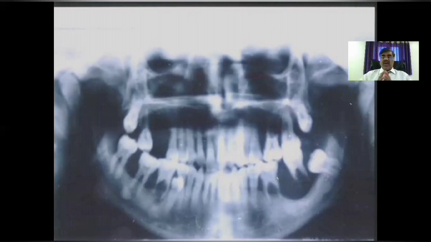Okay, so whenever we have a multifocal lesion, a lesion involving multiple sites, we have a different set of differential diagnoses. I will give you some examples. Multiple myeloma, which comes at multiple areas. Hyperparathyroidism, there will be multiple lesions in the jaws. Then metastatic carcinoma, any primary cancer from other parts of the body metastasizing to the jaws will have multiple sites involved, and eosinophilic granuloma. These are some examples of multifocal lesions.